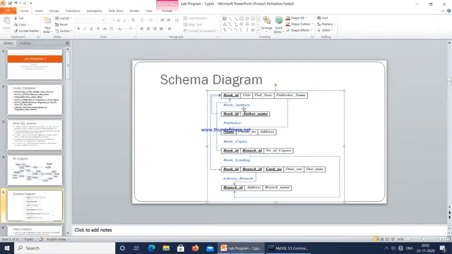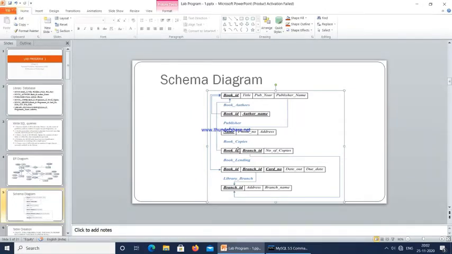Then the book authors table, where we create book ID and author name. Author name is a primary key and book ID is a foreign key that refers to the book ID in the book table. Then publisher, which contains publisher name, phone number and address. Publisher name is the primary key here, and this will be a foreign key referring to the book table.